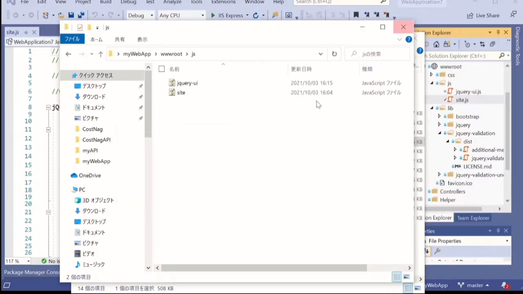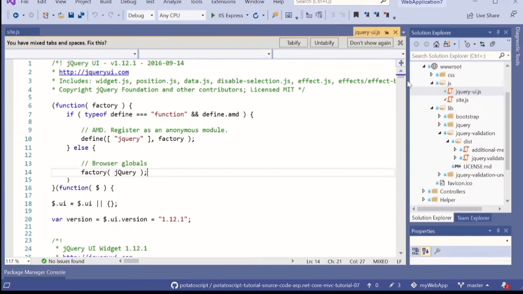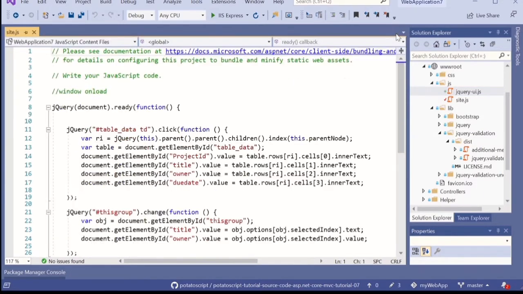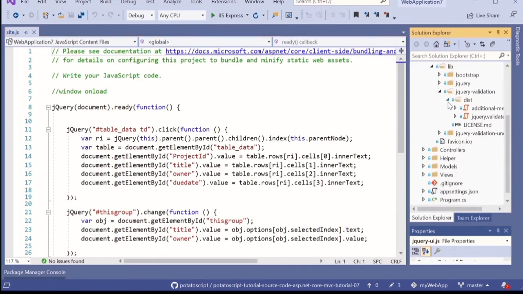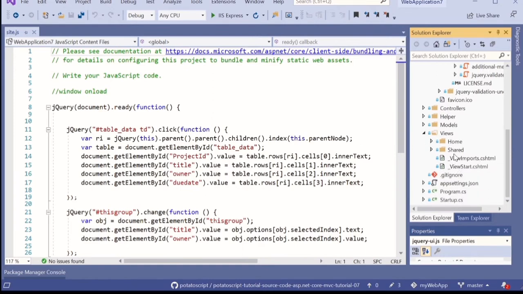Let's go back to our Visual Studio, and you can see that the jQuery UI library is listed in your js folder. This is the JavaScript library. Next, after we have set up the jQuery UI library, we need to include it in our application. Go to the Views folder, and under it we have the Shared folder. Expand the Shared folder and open the _Layout.cshtml file,